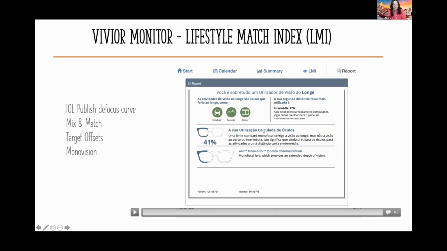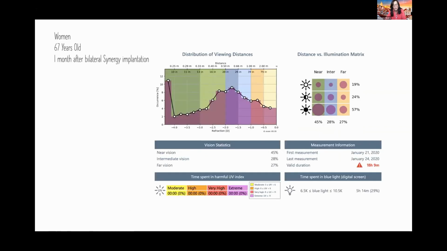And here we have the report for this patient. We have even had these patients use this device after the surgery, for us to understand if the choice was really good, if the patient really is using the distances that we wanted.